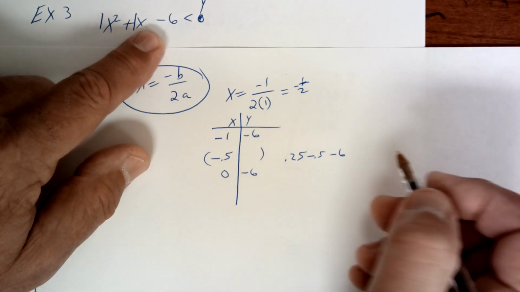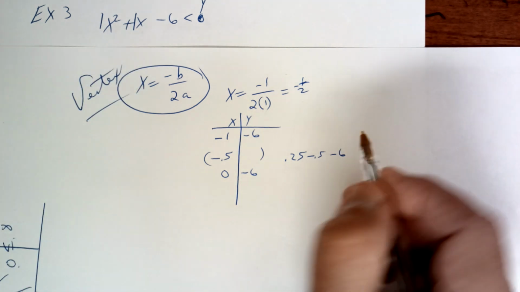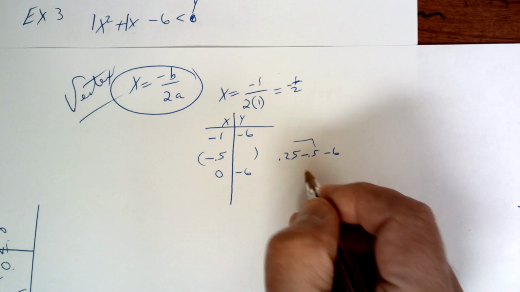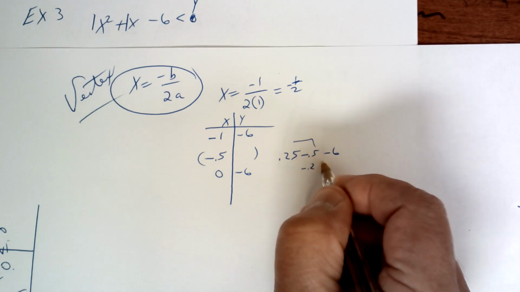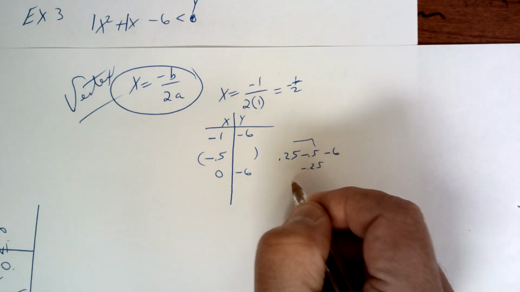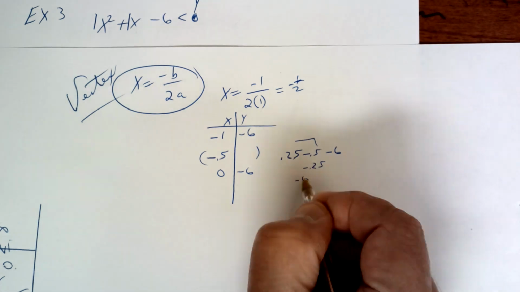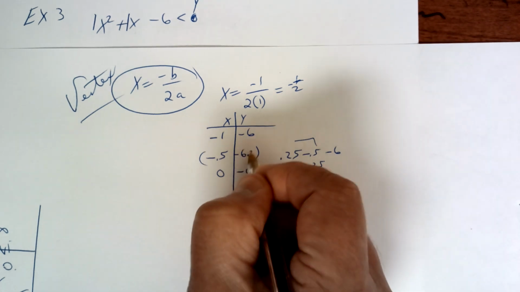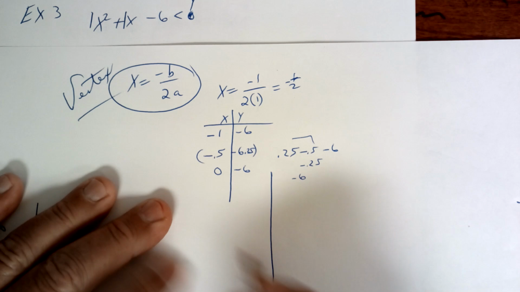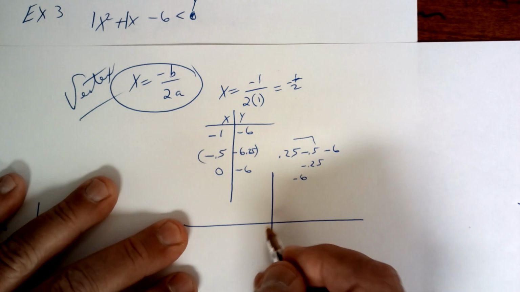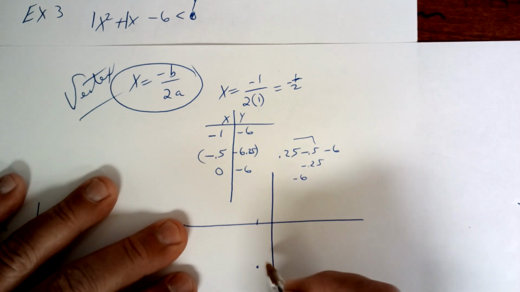Now I'm not sure what that's going to be. So this is going to be a negative 0.5 or 0.25 minus 6. So it's going to be a negative 6.25, which makes sense. So it's going to be negative 1 down 6 over 0 down 6,